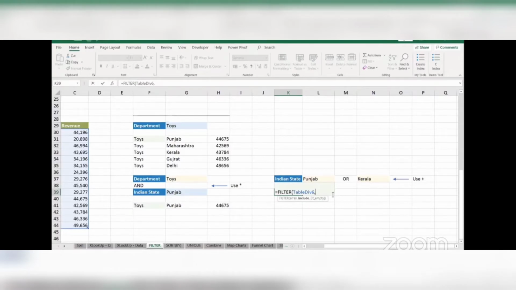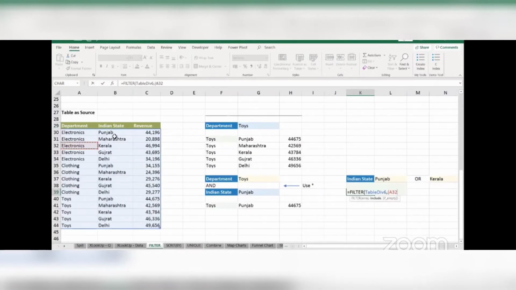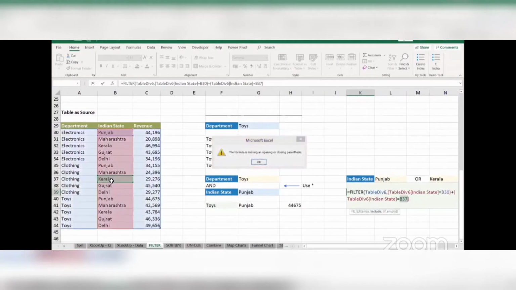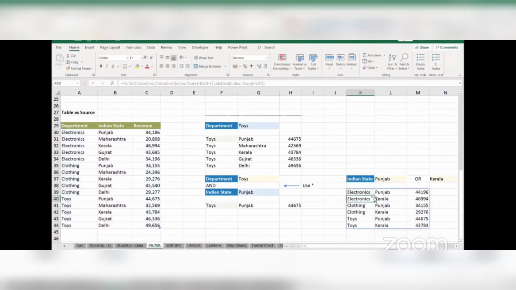possible using the formulas. All right, so coming to the include part, I open the bracket, so opening round bracket. First thing is Punjab, second is Kerala. So I will go to my data here. Select the data here, should be equal to Punjab, as you can see, bracket closed, plus again bracket open, state selected should be equal to this time Kerala. Okay, bracket closed, enter, and we get the answer, which is either Punjab or Kerala.